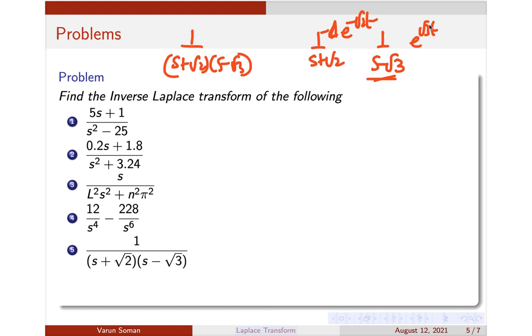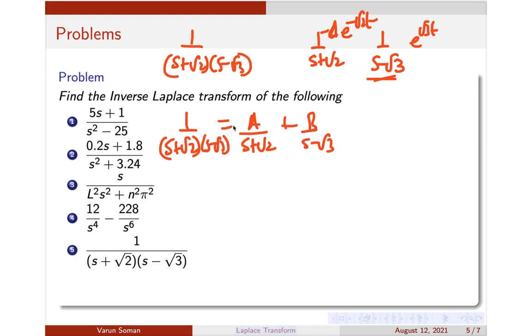Okay, so the most simple thing which you can think of here now is actually, if you have studied integral calculus, you have studied about partial fractions. So I'll use partial fractions to split this into some a by s plus root 2 plus b by s minus root 3. So once I have found that, by using linearity I can easily write down the transforms. So if I can find this a and b, the final inverse transform will be simply a into e raised to minus root 2t plus b into e raised to root 3t. Just by applying the linearity principle, I can take out a outside and use this property here.